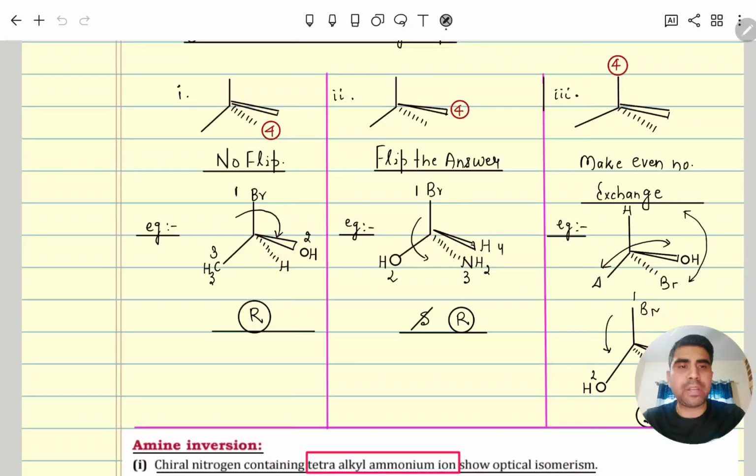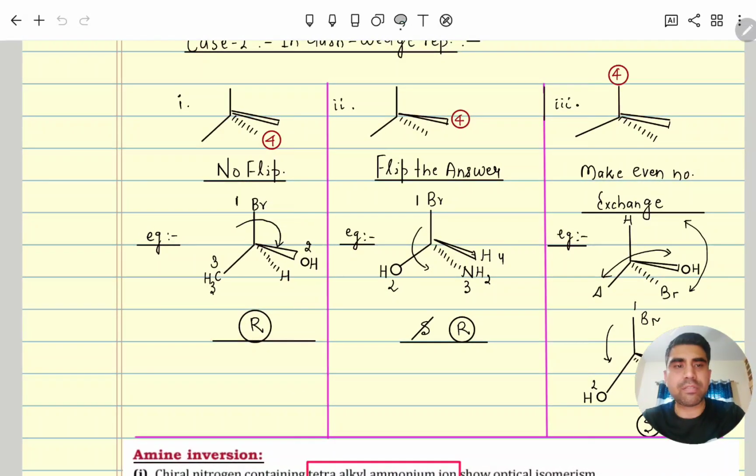And if it is there in the plane, not on the dash or wedge, supposing only the plane is given, if that atom or group of atoms is in the plane, then make the even exchange. Make the even exchange means if you exchange this atom with this, then this one you exchange with this, and then after that